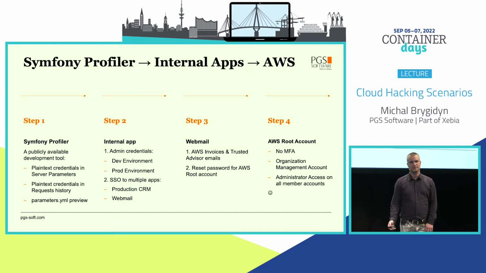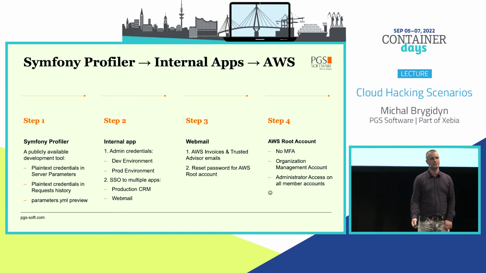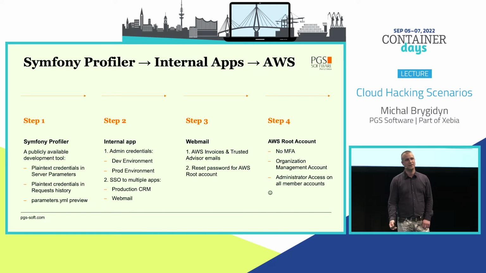So I got access to this root account, the root user for that account, and the root user is like a god for that account, so I can do anything there. But this was not access to just one account. This was the master of the whole AWS organization, so it was like 20 or 30 accounts from getting just this one. And thanks to that, I got admin access to all of these accounts, starting from the development version of